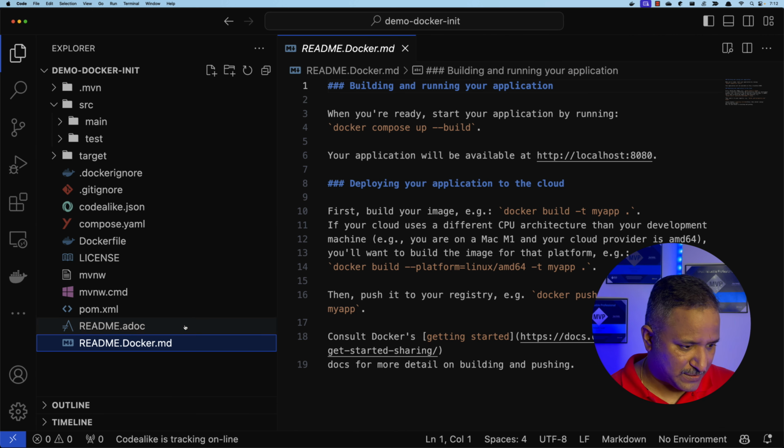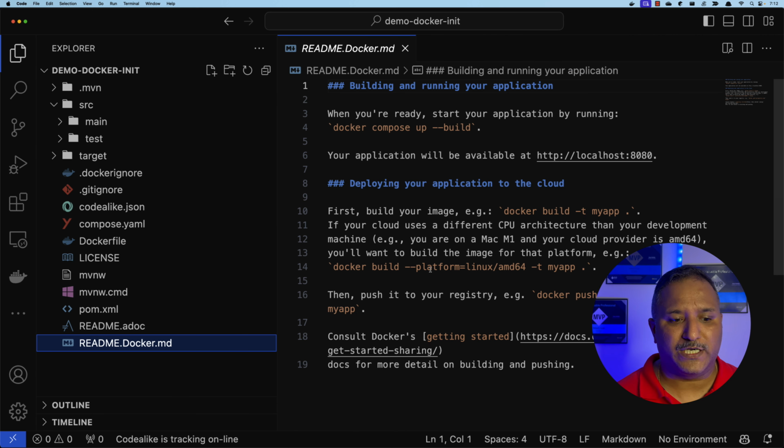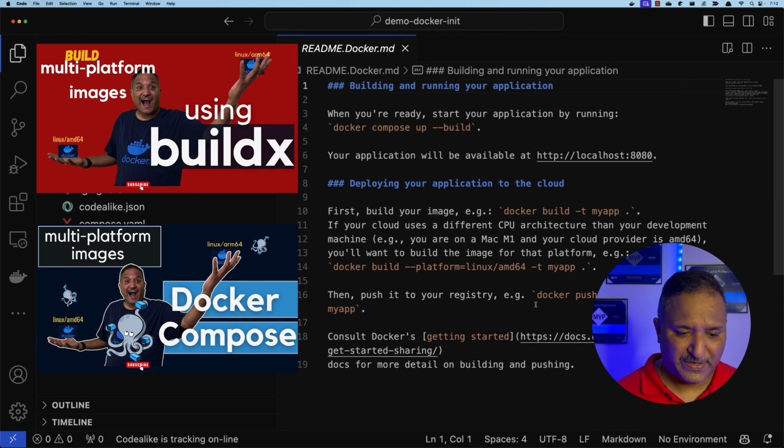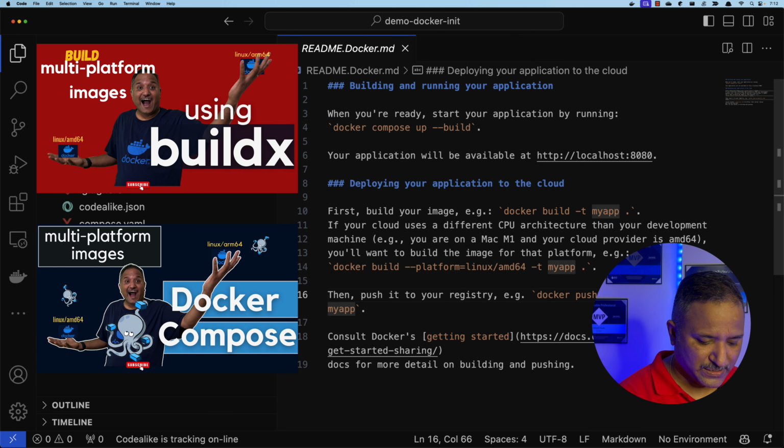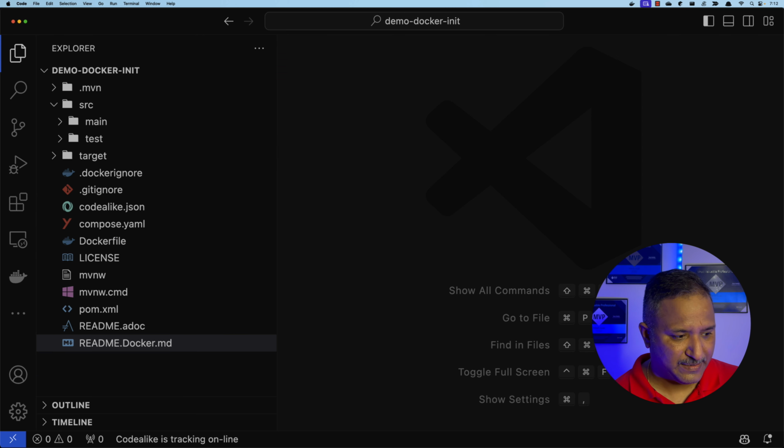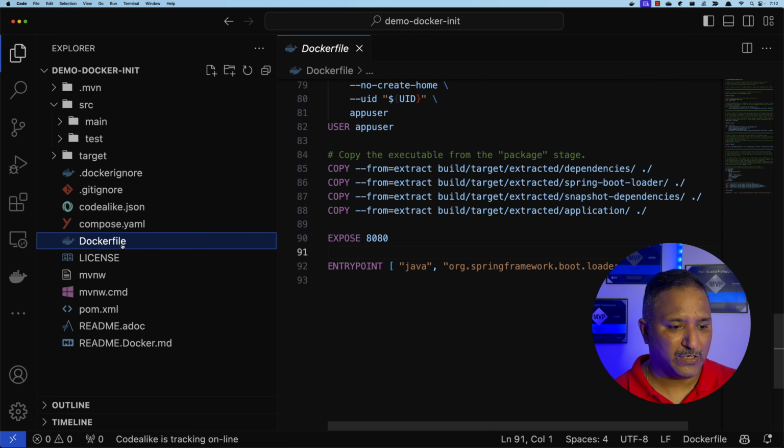The last file which is created is the readme.docker.md. This tells us how we are going to run the application. And it also tells us if we have to deploy this to a cloud, we should tag the image, and if we want to build a different platform image, what should be the command that should be run. So overall, I'm pretty happy with what is generated here and what is created as part of that Docker Init